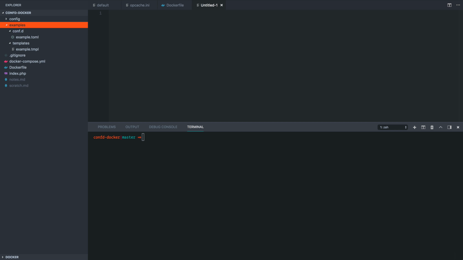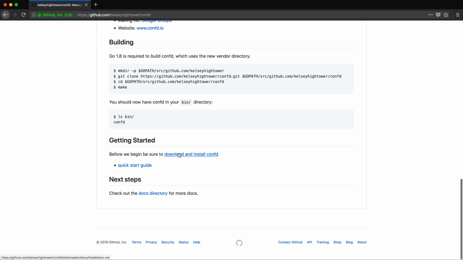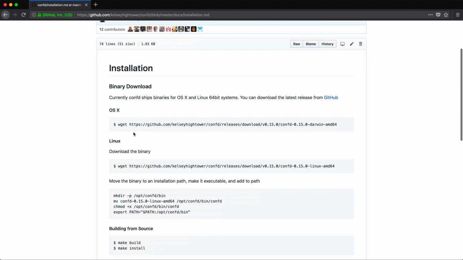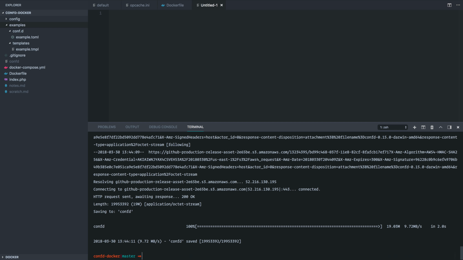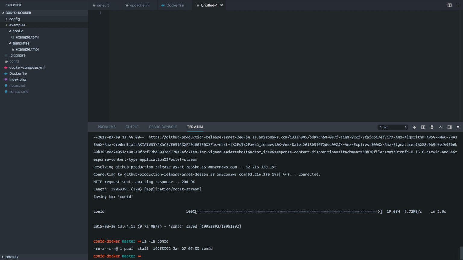So the first thing we need to do is figure out how to install this thing. If we go down to the README Getting Started section, you'll see that it's as easy as running wget. So let's copy this. Go back over to our console, and just a note on the Mac, you may have to do brew install wget if you're using Homebrew. Or you can download this in any way that you want. In this case, we're going to use wget. We're going to do chmod u+x